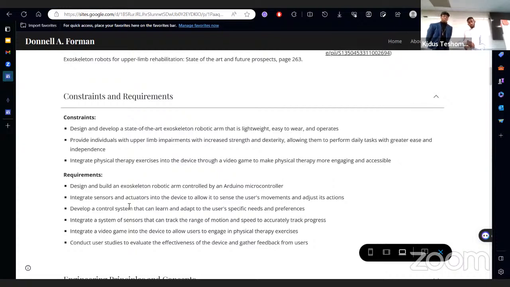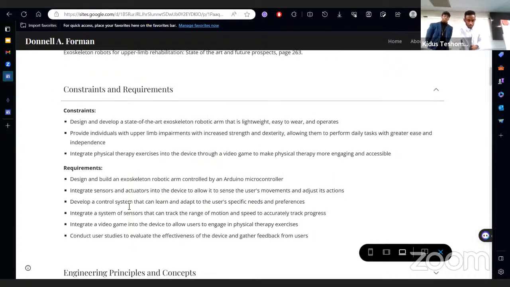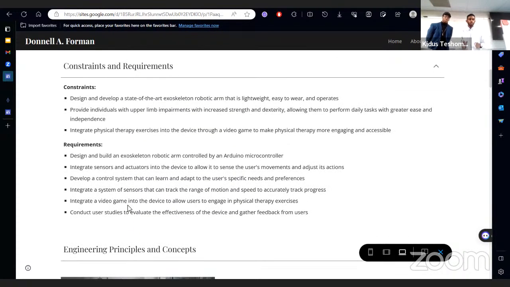And a third constraint that we have to focus on was safety. That means electronic components of the arm need to be compartmentalized properly so that it does not have any shock exposure to the users. The designing